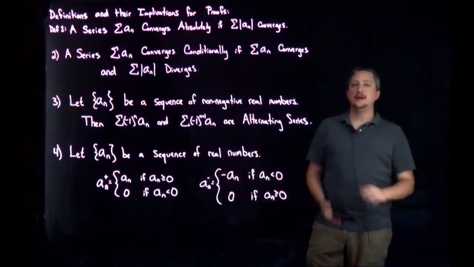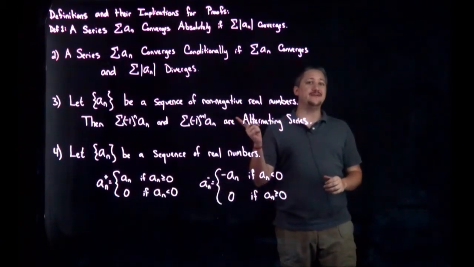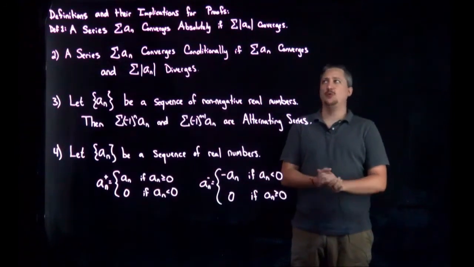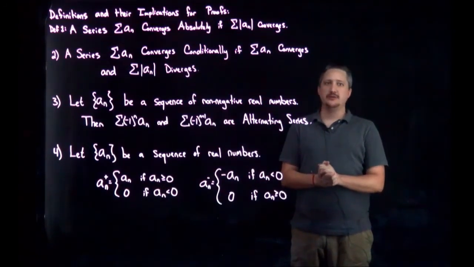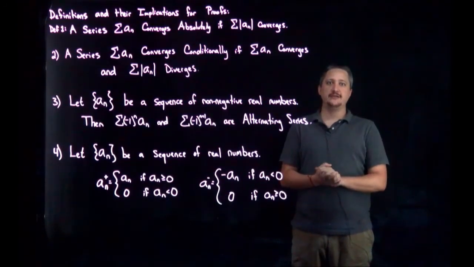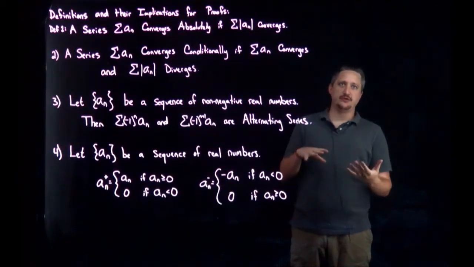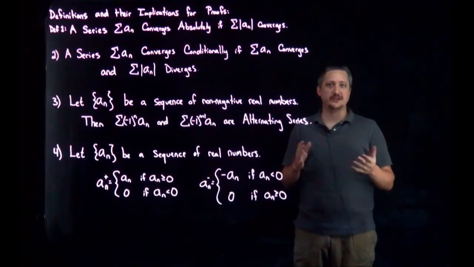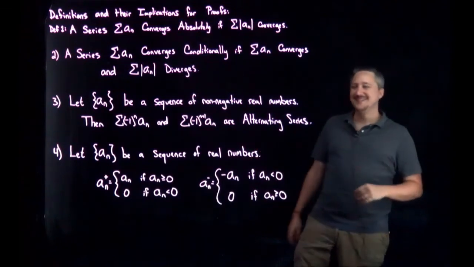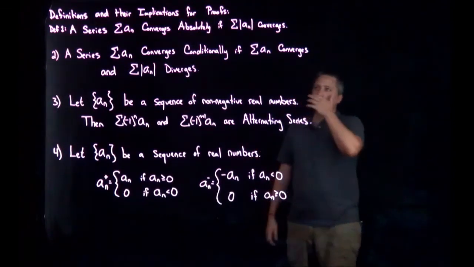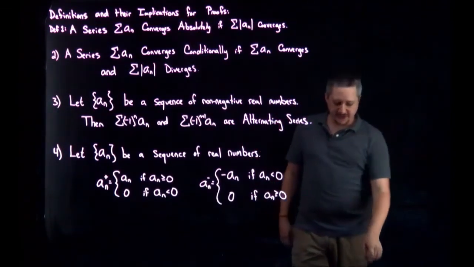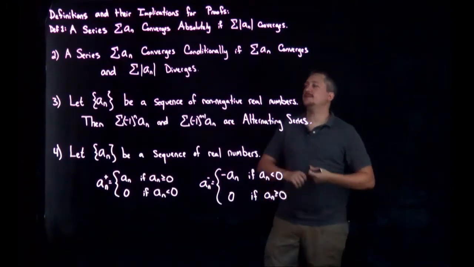Hello! So, in this video we're going to go over some definitions and their implications for proofs. In particular, these definitions are on the ideas of absolute convergence, conditional convergence, alternating series, stuff like that, as we can see. Alright, so the first definition that we're going to mention here is what it